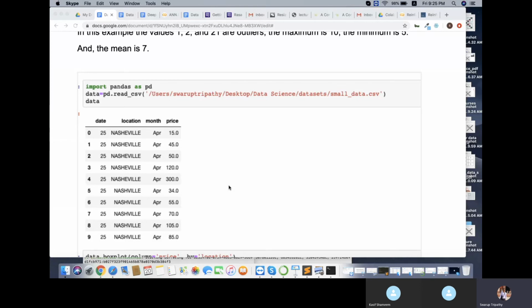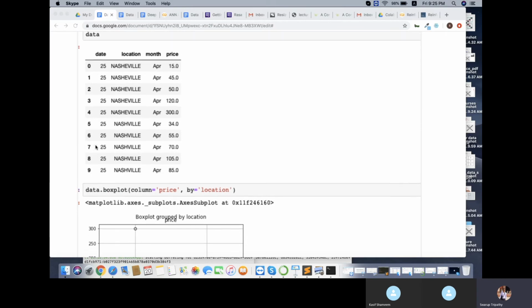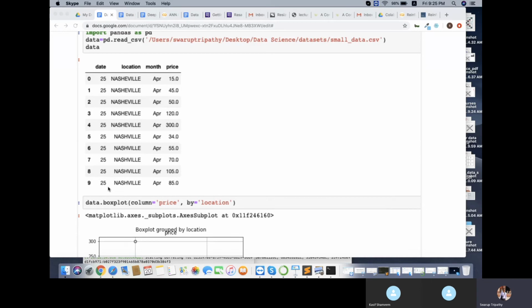So we have two different locations, and now I want to plot this within a box plot, and I want to compare this, saying okay, in location Nashville with an E, what's the price range, and Nashville without an E, what's the price range. In those kinds of scenarios, we can use this box plot. So here I have used the box plot, and I'm plotting the box plot on top of the data frame. In pandas, matplotlib is already integrated. So you can also plot your graphs directly on top of a pandas data frame as well.